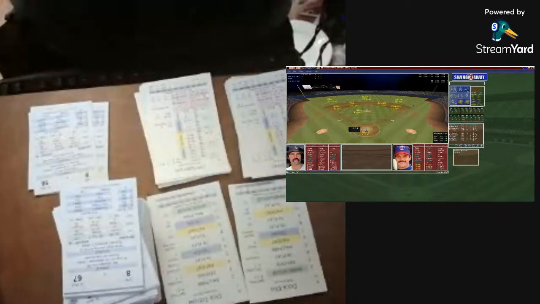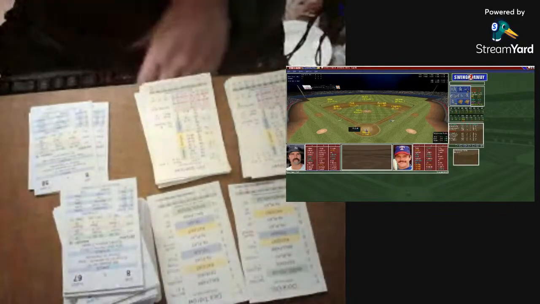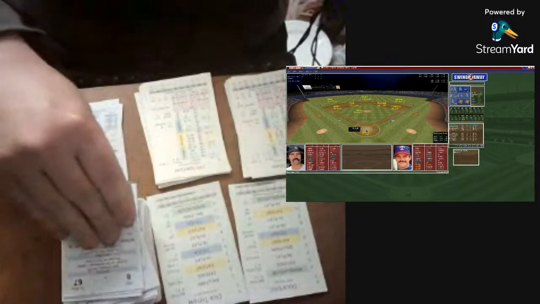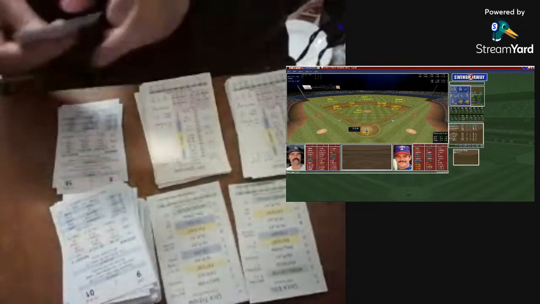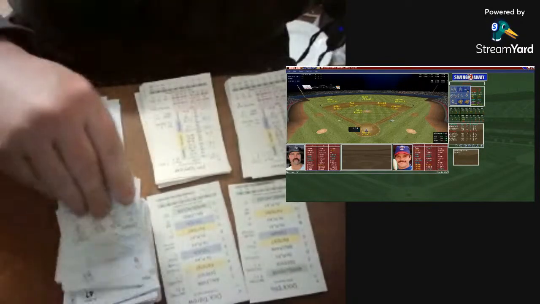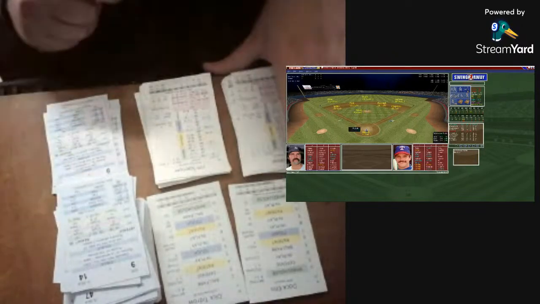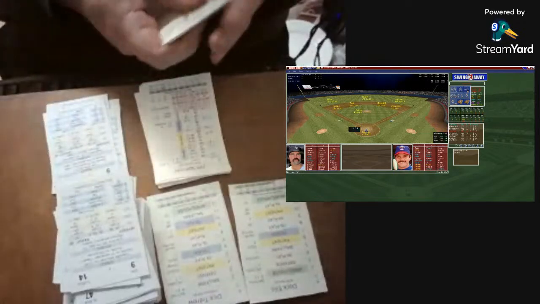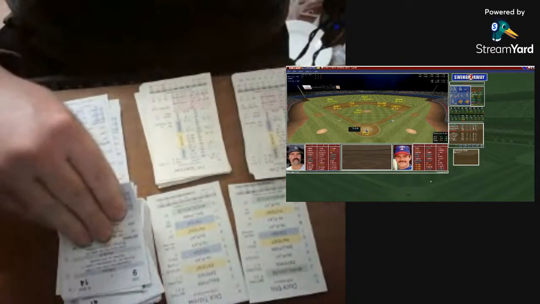So let's go ahead and go to the bottom half of the second inning here. Richie Zisk, the batter. He is 0 for his first 8 so far in the early season. Tidrow on the mound. Last of the second inning, Tidrow looks in, gets the sign. That is going to be in play, so a good pitch for Zisk to hit. A 16. Zisk on a 16 will knock it into left field for a base hit.